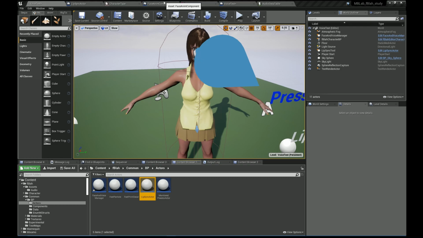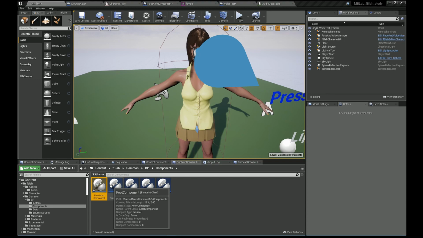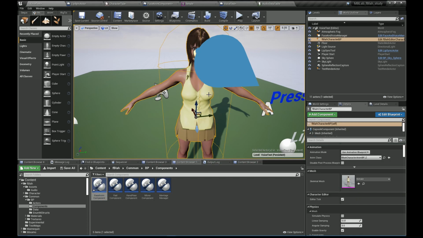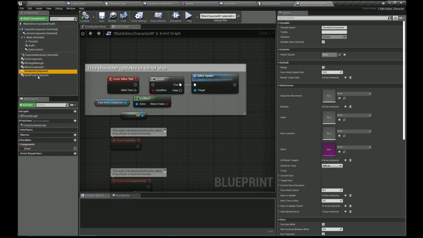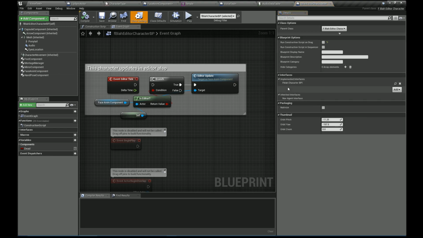The other blueprint that we're going to look at is the face anim component, and this is the component which you add on your blueprints, your character blueprints, and this component drives the morph targets. You can see the default values that I've set up for this example character, and you could do something like this. Also, the example character implements this interface, and what this interface does is it exposes these functions,